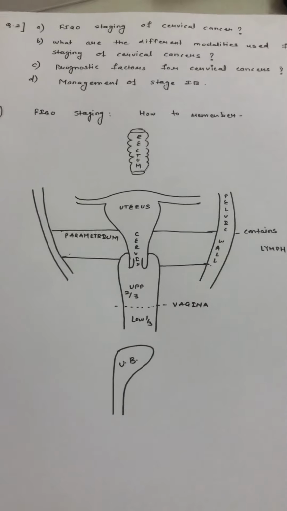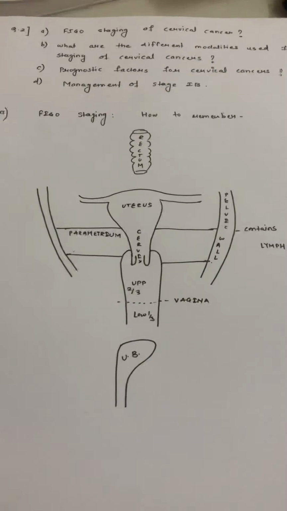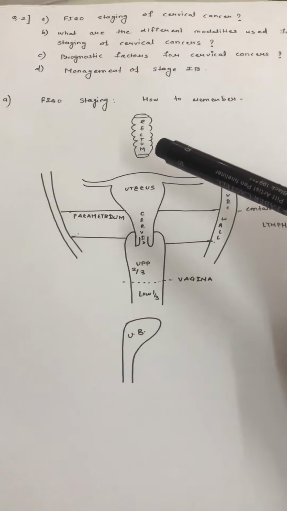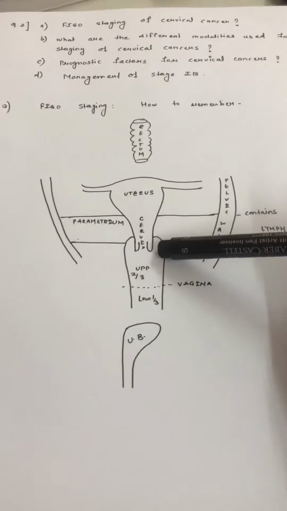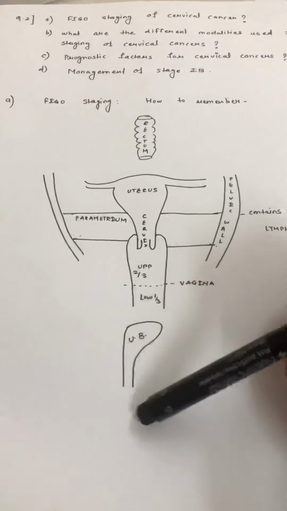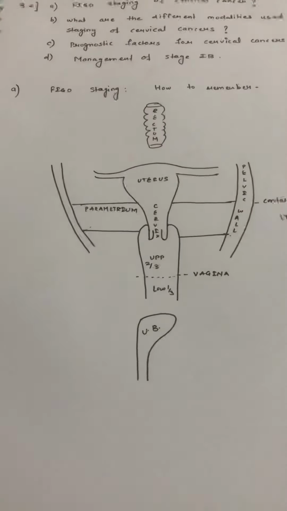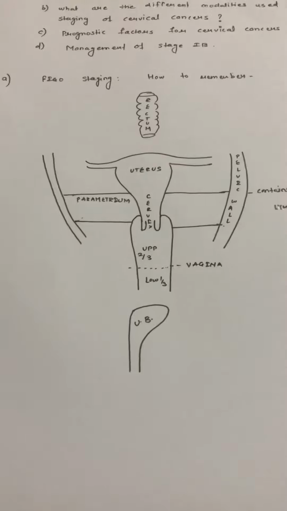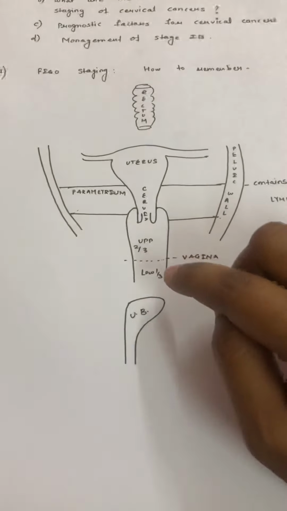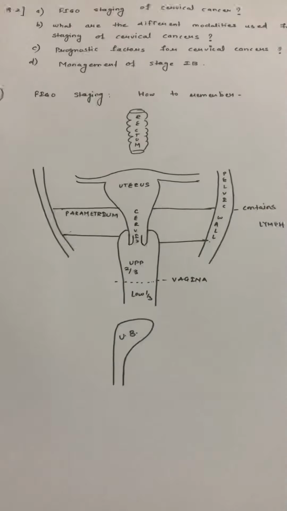So I've drawn here a simple schematic diagram of the reproductive system along with its adjacent organs. So this is the rectum, posteriorly placed. Anterior to the rectum there is the uterus, its adnexa along with the cervix, and anterior to that is the urinary bladder. So this schematic will help you out. This is the uterus. The uterus consists of a body and a fundal area which is connected to the vagina via a small passage called the cervix. So cervical cancer is the one we are dealing with.